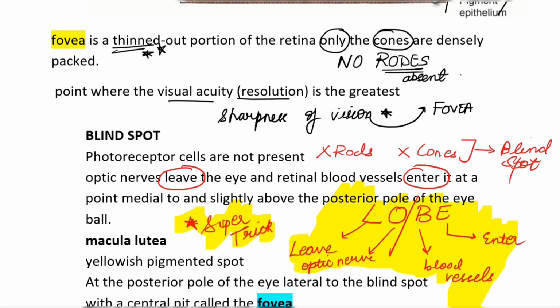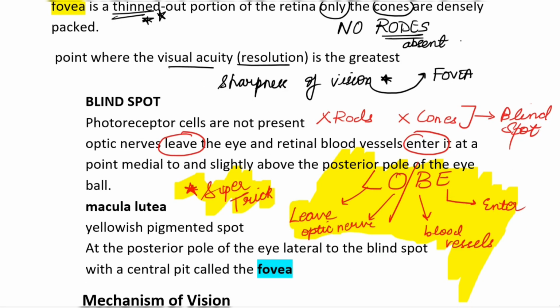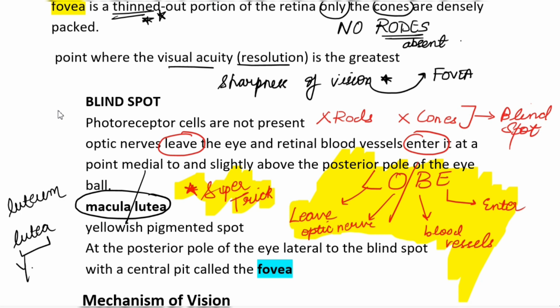So in biology, lutea means yellow. Can you recollect corpus luteum, yellow body, right? Corpus luteum. Similarly, macula lutea. So here macula is a spot. So yellow spot. So macula lutea is a yellowish pigmented spot which is present lateral to the blind spot, and